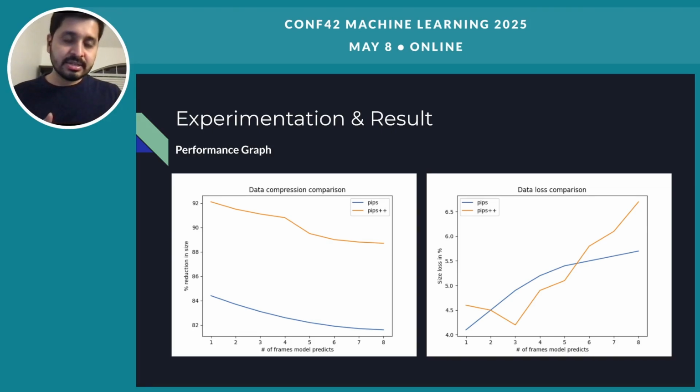So then you can see this. The reason you see two lines over here is that there are two different models: Pips and Pips++. Pips is the initial version, and Pips++ is version 2 of it, which makes better predictions when tracking the trajectories of the pixel points, which we use to track the movement in the video to avoid the redundant part. That's why we use both models to evaluate the performance.